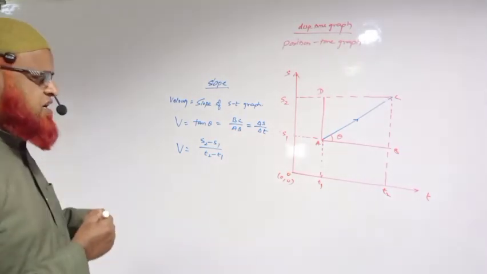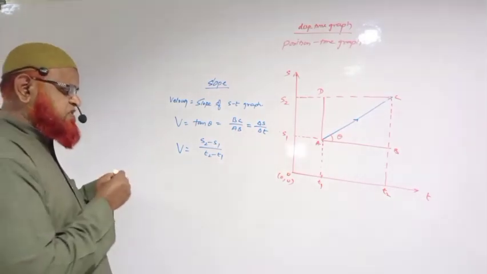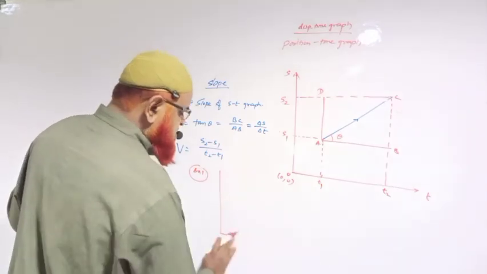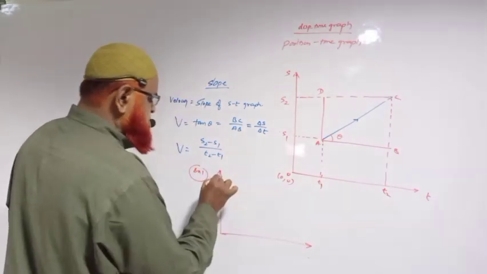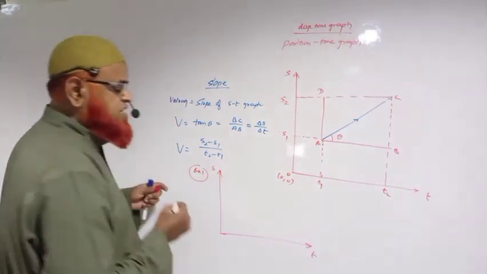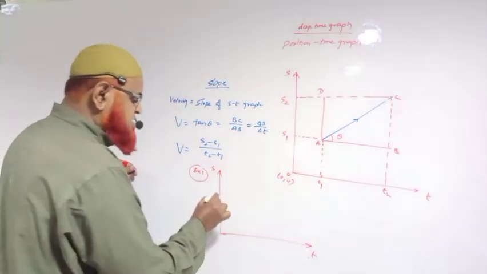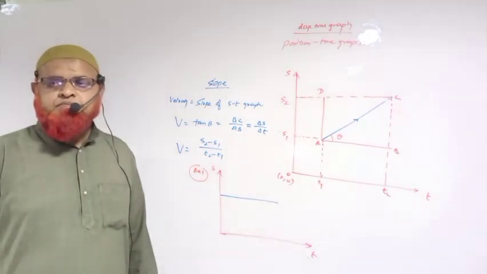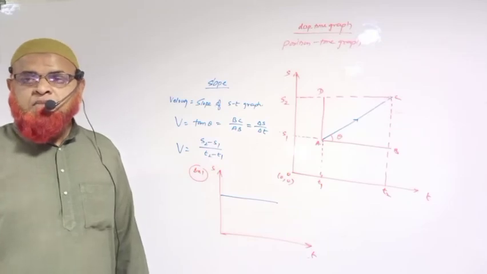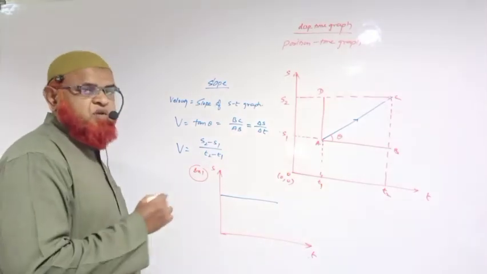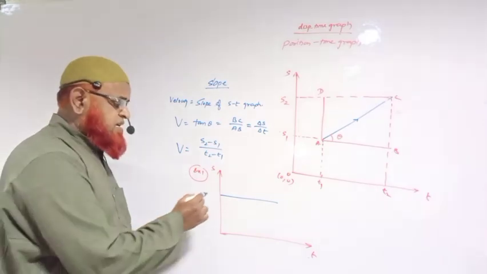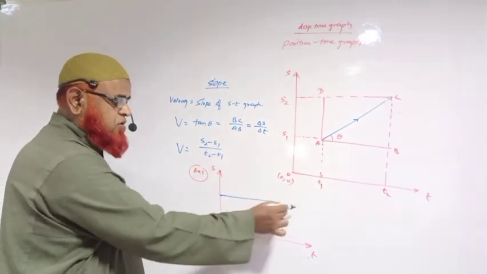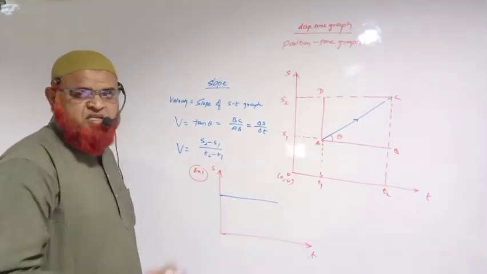I will give you some graphs here and tell me, what is this graph representing now? First example. If this is a graph, which is called a displacement time graph or position time graph, now if I draw one line like this, what is the meaning of this graph? Can you tell me? Displacement is 0 here. That means the body is at rest. Position is the same, no? Time is increasing. You can say this is a dead body.